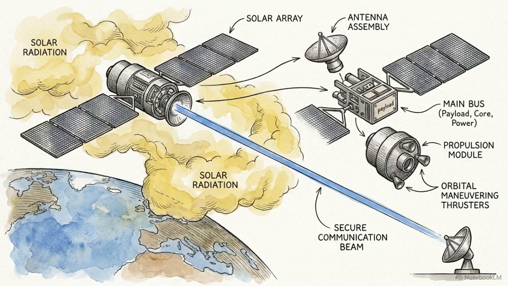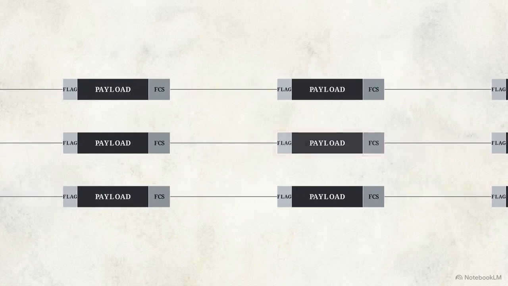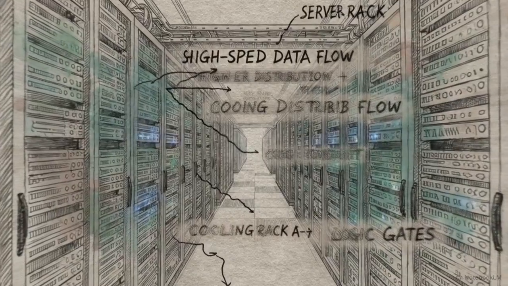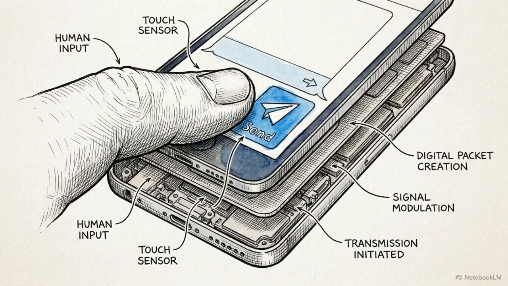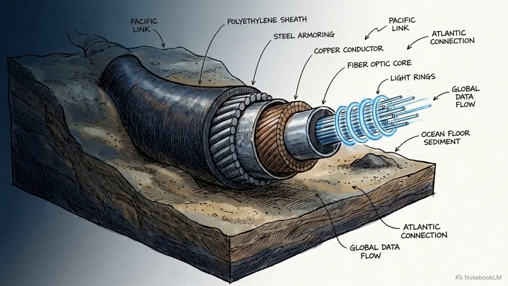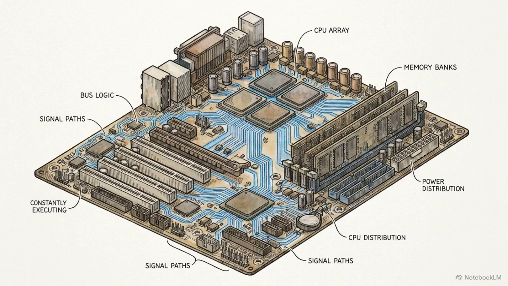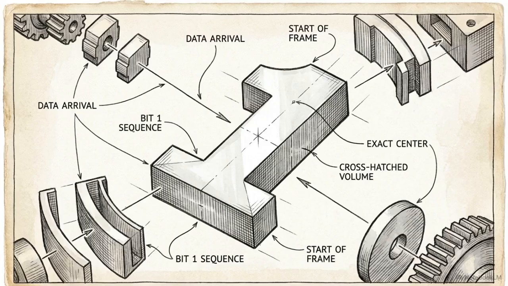By embedding the solution within the transmission itself, forward error correction allows autonomous networks to operate through high levels of physical interference. We have progressed from sending erratic voltage spikes to managing an orchestrated ecosystem of synchronized frames and self-healing code words. Every time a video buffers or a web page loads, this invisible scaffolding is executing these protocols millions of times per second. While generating data is a simple task, ensuring that information survives the journey across oceans and space requires constant, silent cooperation between machines. The internet functions because of the logic running in the background, ensuring every bit arrives exactly as intended.